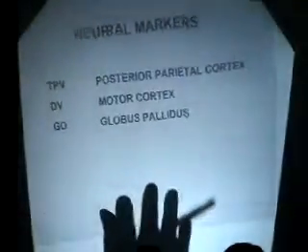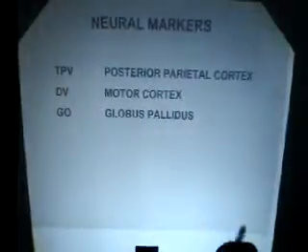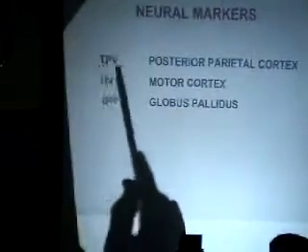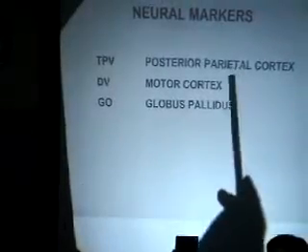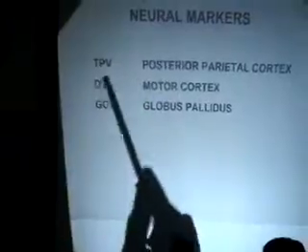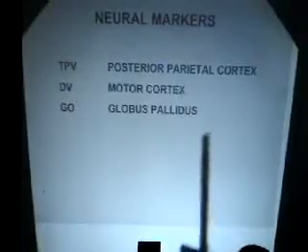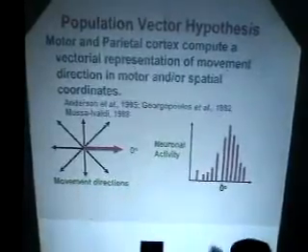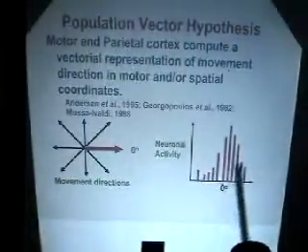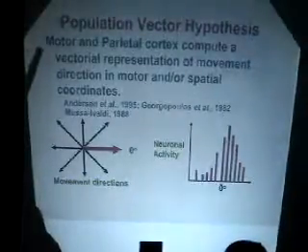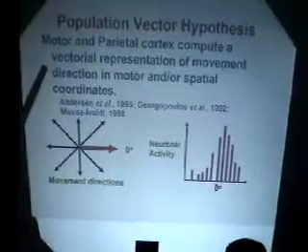Well, are there neural markers for these proposed computations? Well, we suggest that the target position vector where you want to go is computed in the posterior parietal cortex. The difference vector is computed in the motor cortex, and the go signal is computed in the globus pallidus of the basal ganglia. Well, are there evidences for this? So first, let's look at the difference vector. There's a very famous population vector hypothesis which suggests that motor and parietal cortex compute a vectorial representation of movement direction. And let me just show you some recordings of a